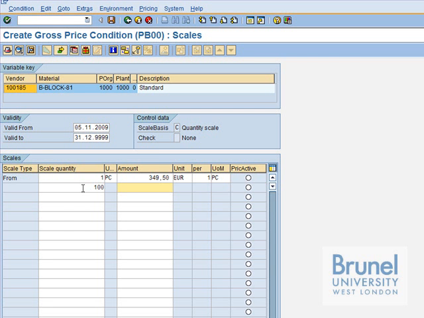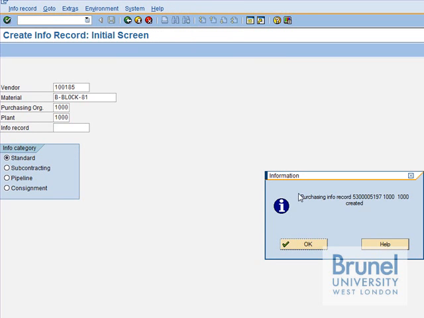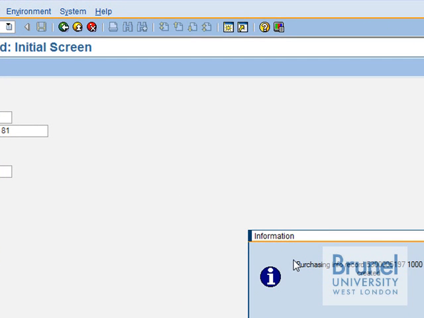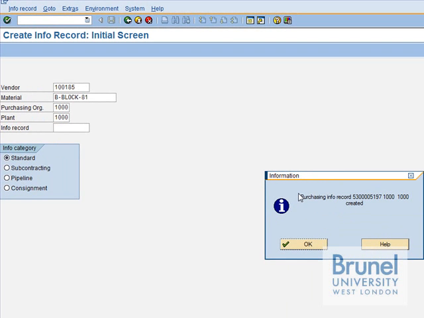And now we're going to do save. And this is the record of the purchase information for the block, which is going to be 5097 1000. Now to repeat again for the final one, which is the